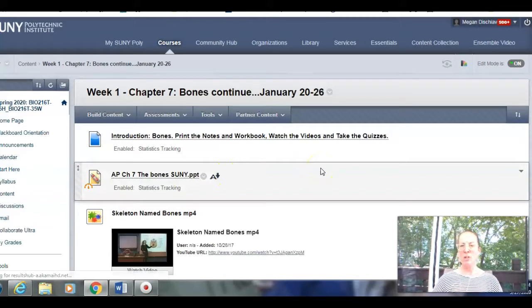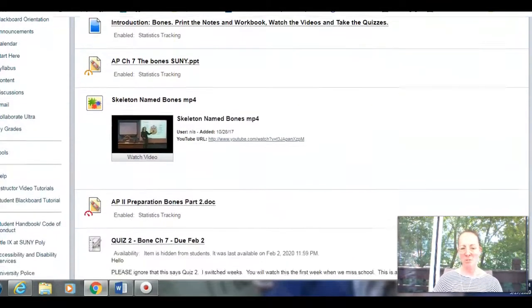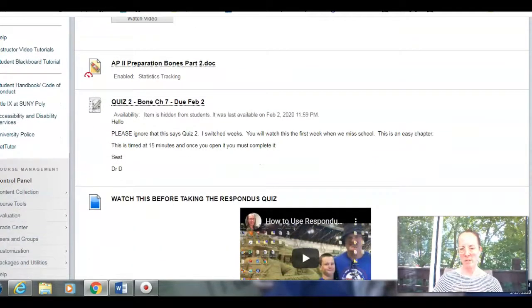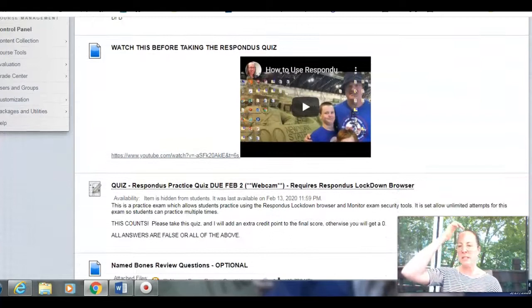So during this week, you need to print the notes. They have a workbook preparation. They have to watch the videos and take the quizzes. So you can see there's their PowerPoints. Here's the video. Here's their workbook preparation. Here's their quiz. And then they have their Respondus quiz that teaches them how to use the Respondus videotape